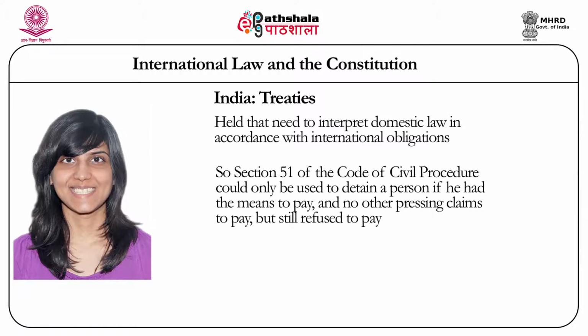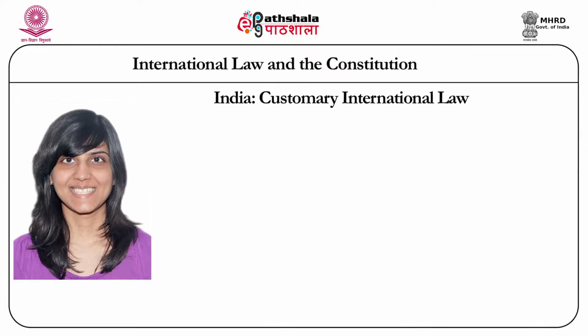So, this overview of case law shows that under Indian law, implementing legislation is only required for some kinds of treaties, specifically those treaties that affect the rights of citizens. However, Indian courts are activist, and this means that they have often creatively interpreted domestic law and provisions of the Constitution to be in harmony with the provisions of international treaties, even if there is no implementing legislation. Let's move on to the position on customary international law in India.